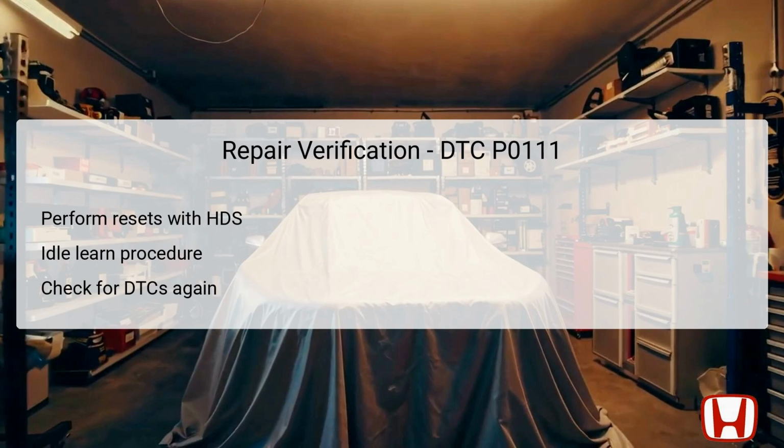Repair verification is a critical part of the troubleshooting process after replacing the IAT sensor or making repairs to rectify issues found in previous steps. Start by turning the ignition switch to the on position. Use the HDS to reset the engine control module, ECM, which helps clear any erroneous codes or memory associated with